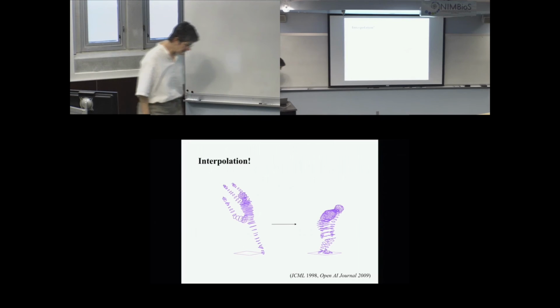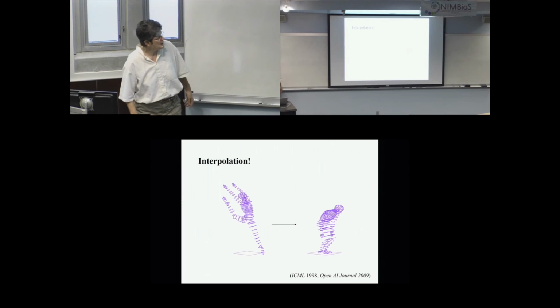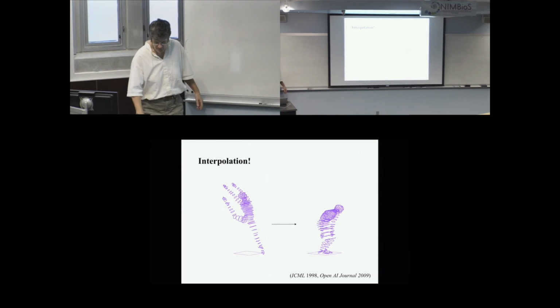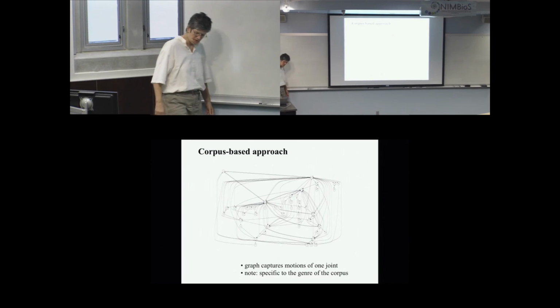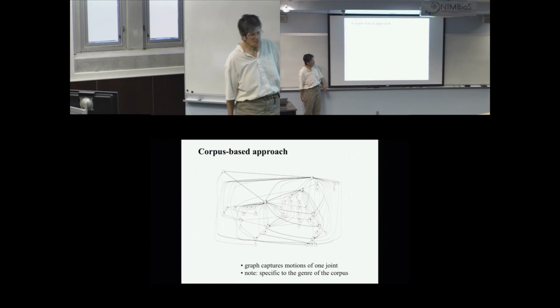So we wanted to get this to work, not just, again, we didn't just want to get the kinesiology right. We wanted to get the fact that, you know, in ballet there's a very different aesthetic of movement than other genres. So we thought about trying to do that with pure mathematics and gave up. And we ended up instead using machine learning. If you can't do ODEs, statistics is kind of where you retreat to. And we took a corpus-based approach.